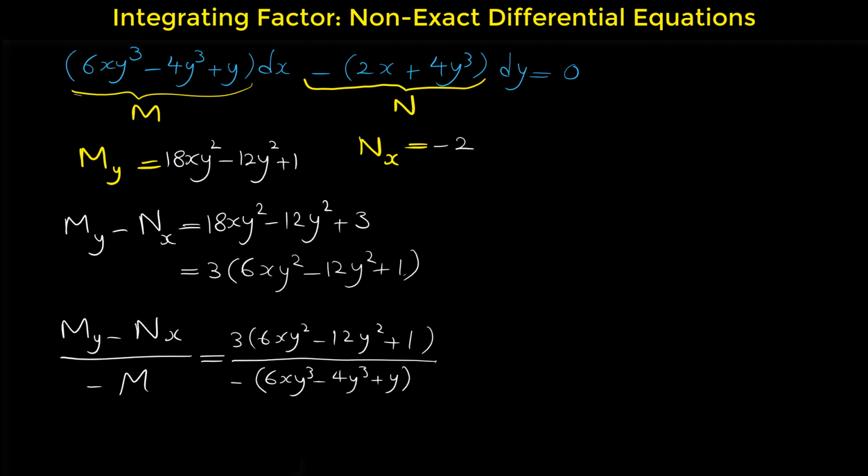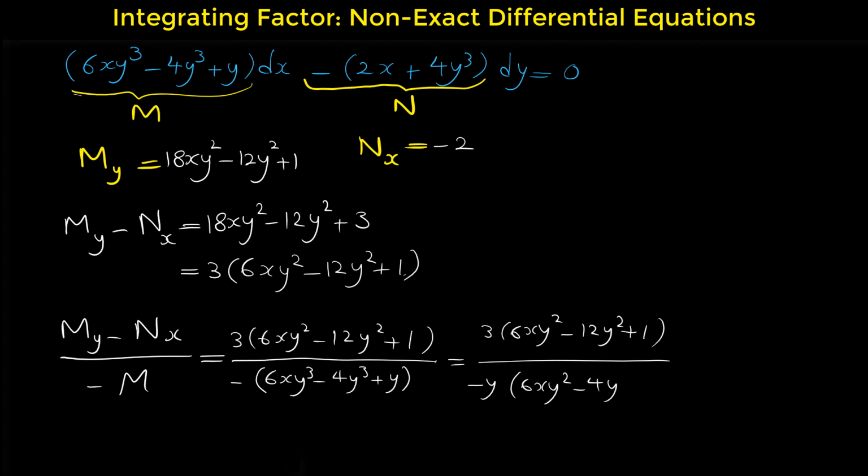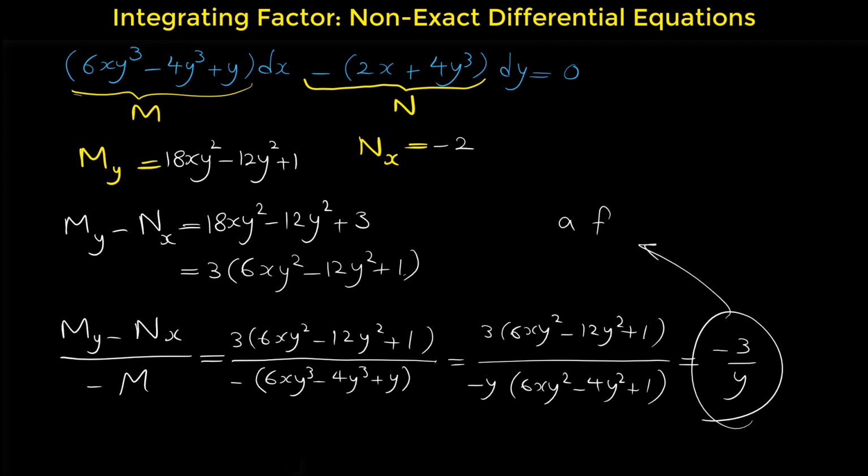So if we factor y, we have 3 times (6xy squared minus 12y squared plus 1) over negative y times (6xy squared minus 4y squared plus 1). As you can see, this bracket and this bracket cancel each other, so we have negative 3 over y. And as you can see, this is a function